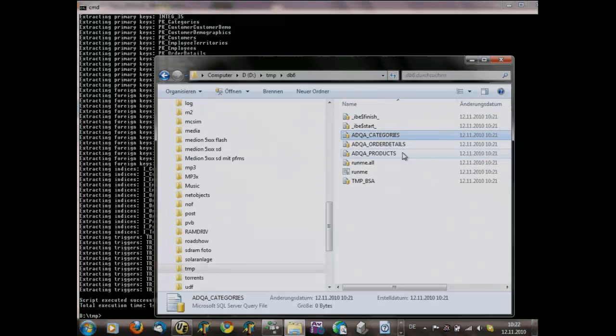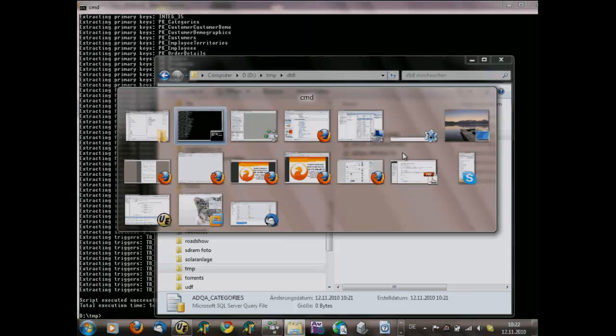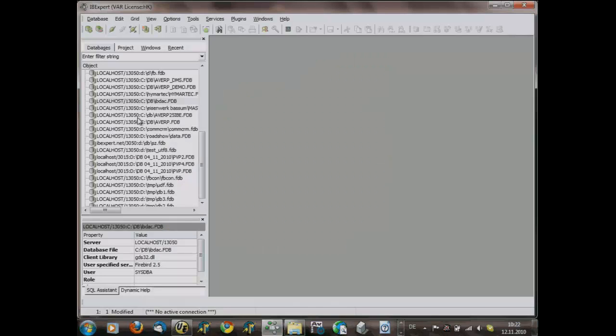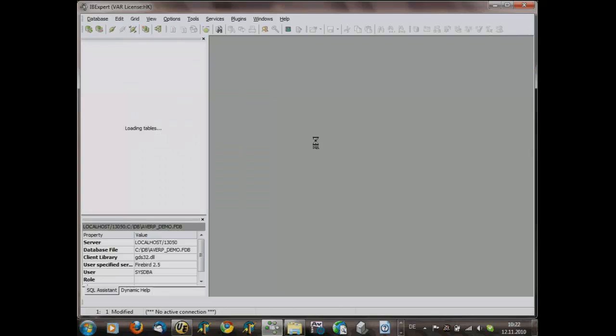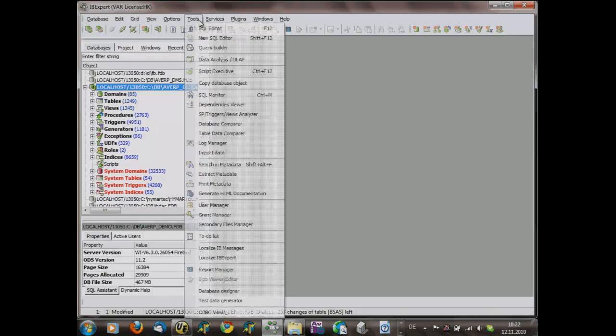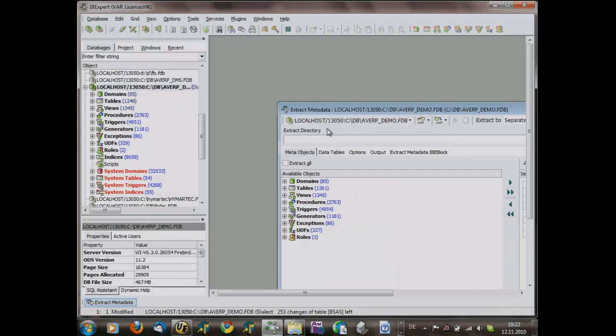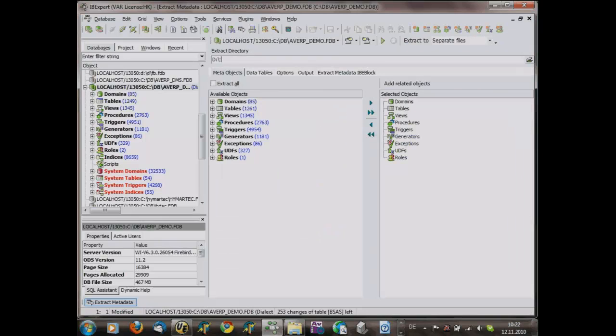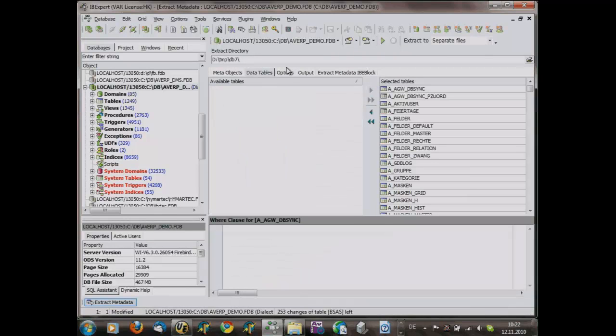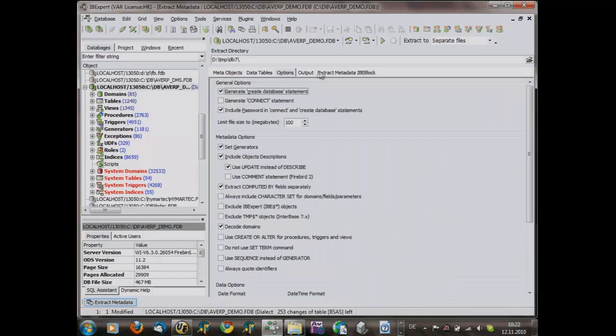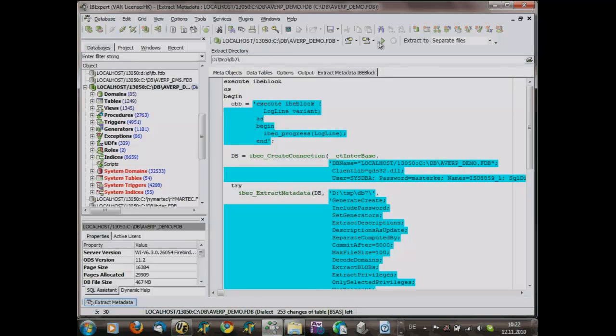And in the order details table data, I think the database is empty, so I take a different database. I will take the AWeb database. It's much more complex, but it will still work. I say, okay, extract metadata, DTMP, DB7, extract all, separate files, and so on.